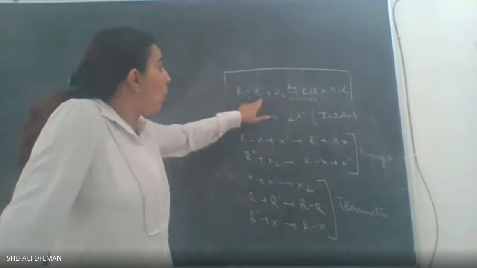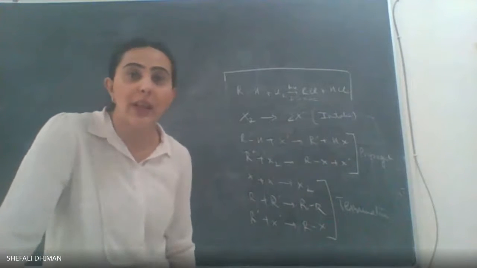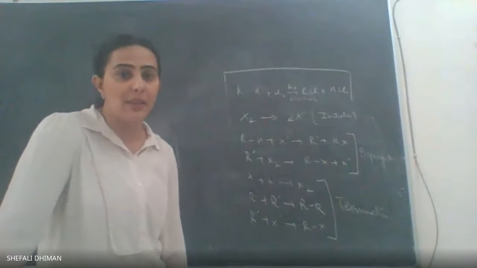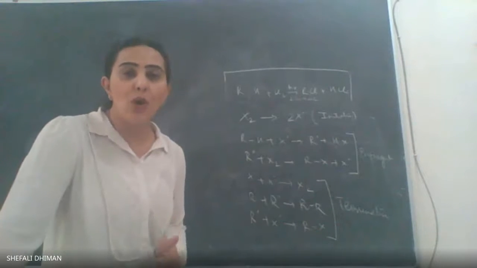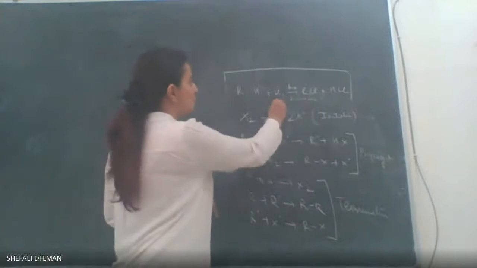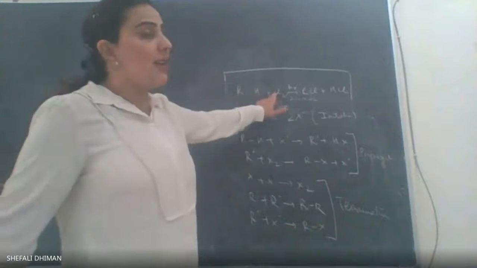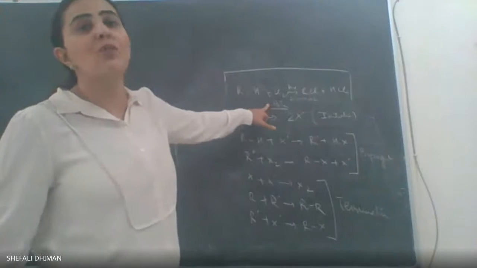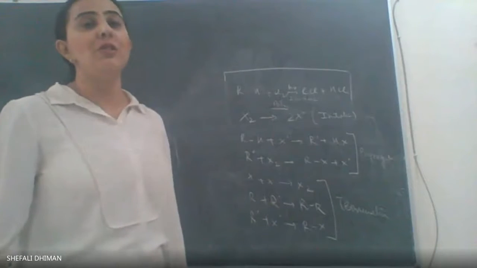The entire, all the hydrogens in the alkane are replaced with the chlorine or with the bromine or with the iodine. What is to be remembered here is, greater the reactivity, lesser is the selectivity. So when I talk about chlorination and bromination, because I talked about chlorination here, I could do bromination as well. Chlorine is more reactive than bromine, which means that bromination would be more selective than chlorination.